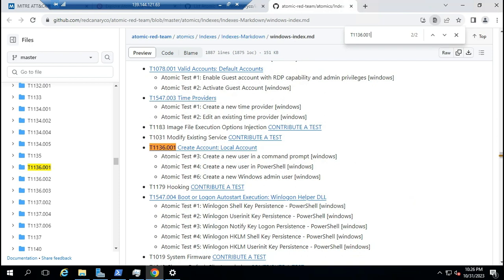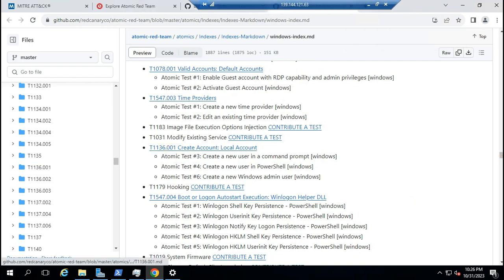Okay. T1136.001 is create a local account: create a new user in command prompt, create a new user in PowerShell, and create a new admin user. So I will use this.